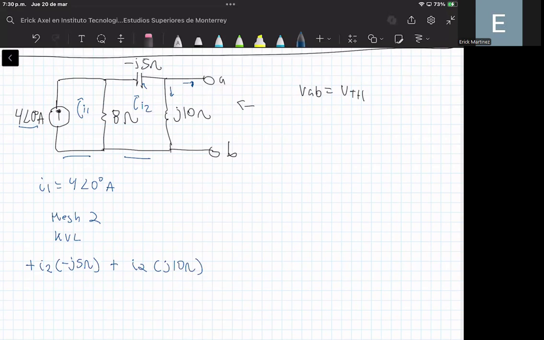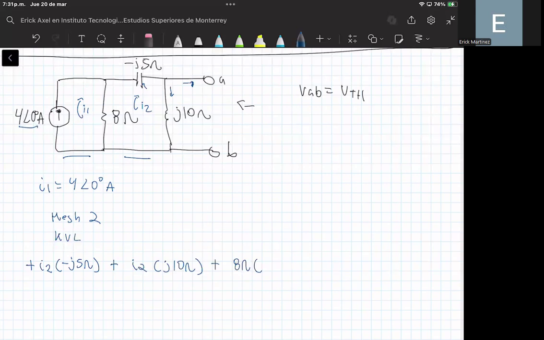Okay, and now we need to compute the current that is flowing through the 8 ohm resistor. Okay, so we can compute that as follows. We will place a positive sign, and then you can see that we have here the 8 ohm resistor, but we need to compute the current that is flowing through this element. So here you can see that the current that is flowing through this element will be the difference in currents between I2, or the current that is flowing through mesh number two, minus the current that is flowing through mesh number one. Okay,